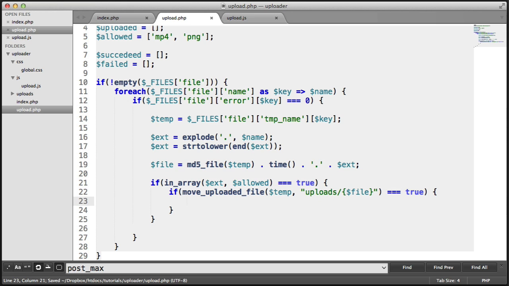So if that's worked, then we've succeeded. So we can go ahead and append on the name of the file and the file itself, so we can link to it within our succeeded array. So let's do that now. So succeeded